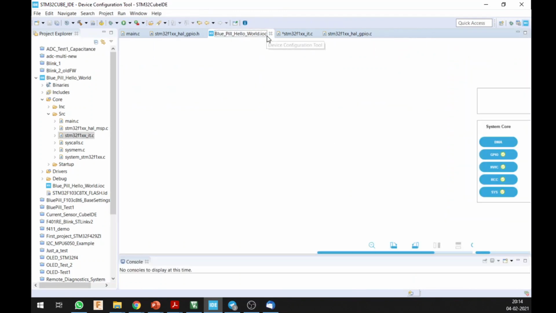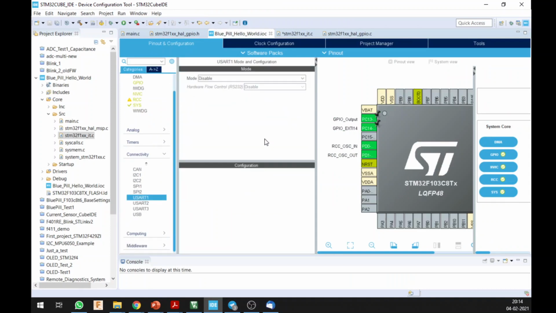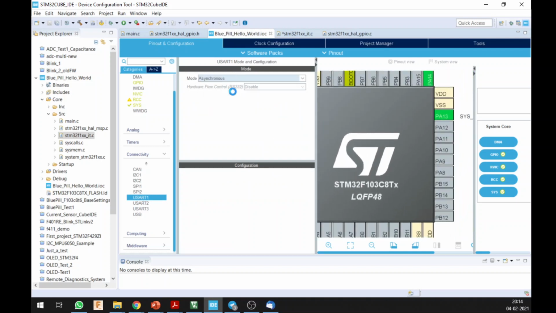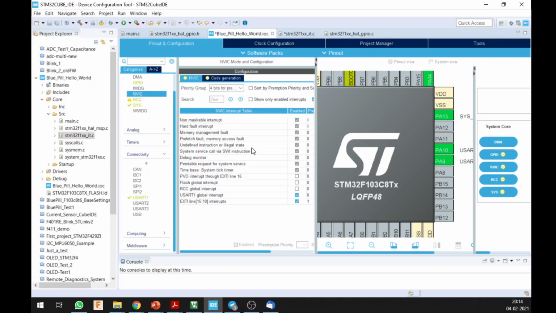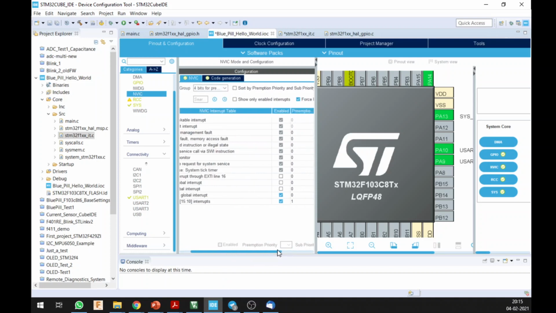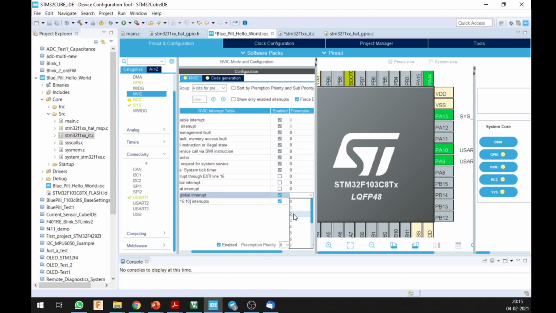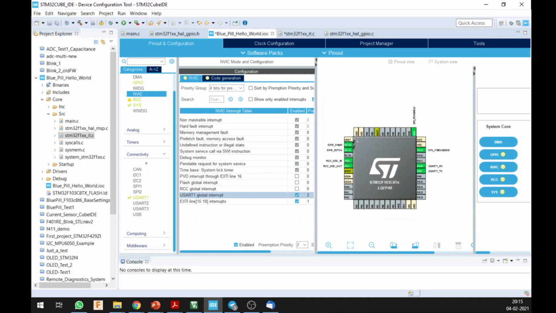Again, you can do this for anything. You can do this if you have something like connectivity, if you have USART. If you want to enable USART 1, you can just enable it as asynchronous, and you can set it as an interrupt. You can have a global interrupt over here, and once you go back to your main NVIC, you can see that you have another USART interrupt. If you go to the table you can see that USART 1 has an interrupt priority which is in fact higher than that of EXTI line 1. But if you want to change that, if you want to set it as a lower priority, you can do that as well. Alright, so any doubts, any questions?